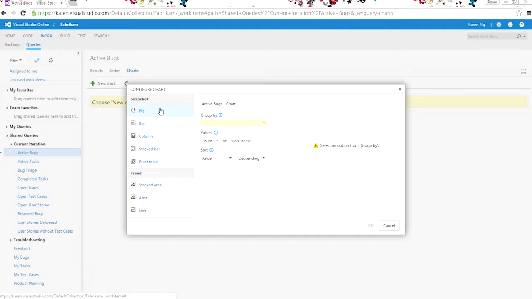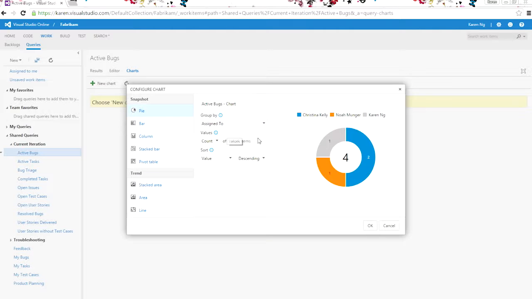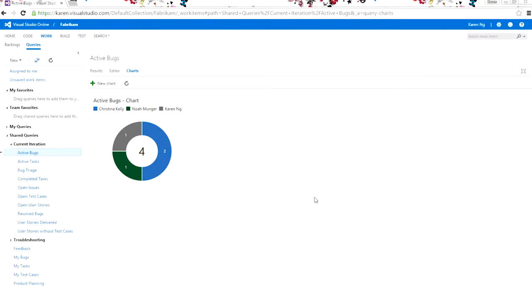The pie chart feels like the right one that I want to use, and I want to see all the active bugs assigned to people on my team. I can make the colors really customized to what I want, kind of like this set, and I'll go ahead and create that new chart. The last thing I'll do is add this chart to my dashboard. And if I go back to my dashboard,